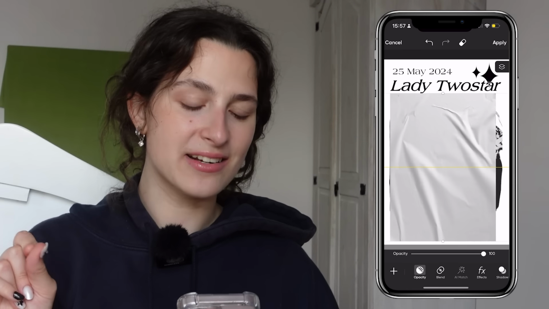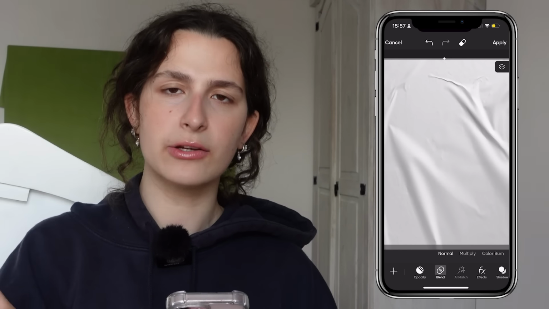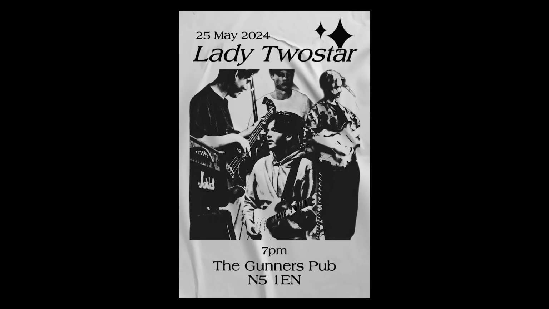I'm gonna go over to stickers and I'm just gonna put paper texture. This is the number one thing that I always do when I'm designing posters. This one in particular that I'm using is one of my favorites, and I'm just gonna blend it out, and it really gives this effect that it's like a poster that you've pasted onto a wall. And I'm gonna add a little bit of noise as well.